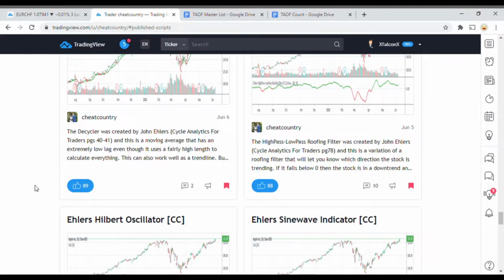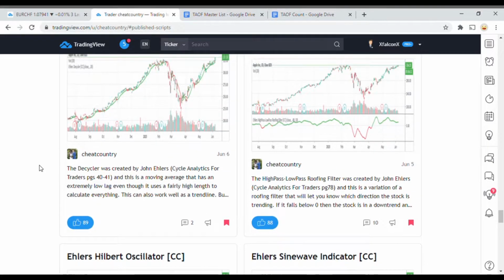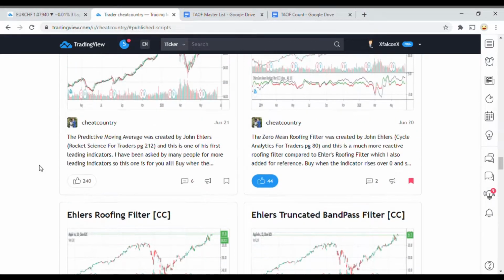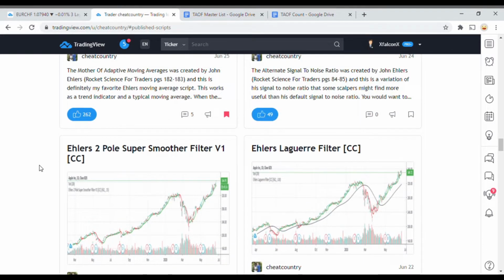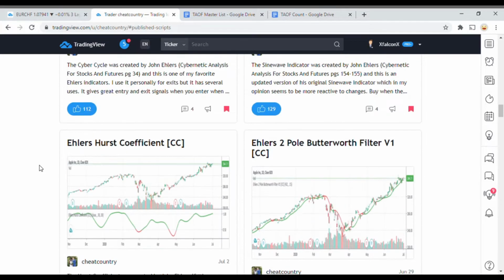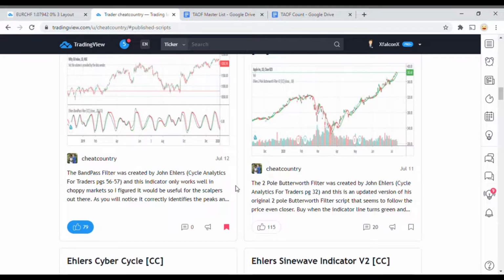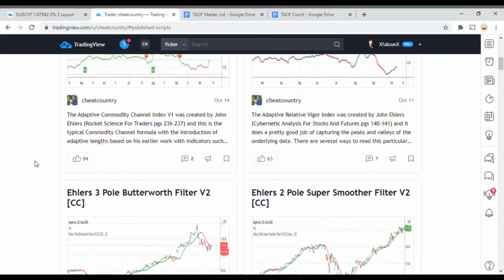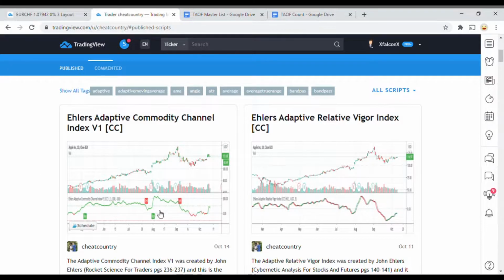And so if you know anything about John Ehlers and his indicators, again, the vast majority of the time, it isn't just a standalone indicator. It's a layer, a system of his indicators that all work together to serve a specific function. And so I have worked through a few of the Ehlers indicators already here on the channel, but I do think it is worth noting that